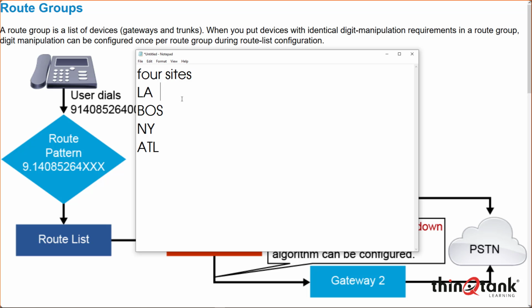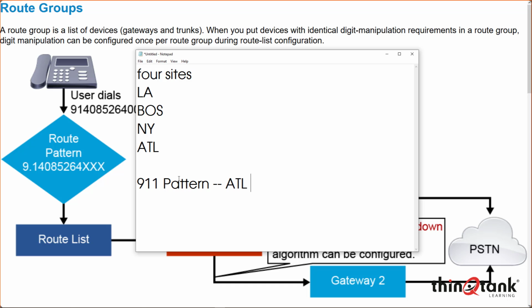Theoretically, and we're going to talk about local route groups in a second, but without local route groups, if I wanted to route calls locally, my dial plan would get rather complicated, because I would essentially have to duplicate my PSTN dial plan 4 times. Does that make sense? So if I had 911, I'd have to have a pattern for 911,